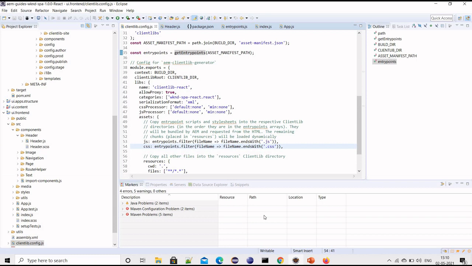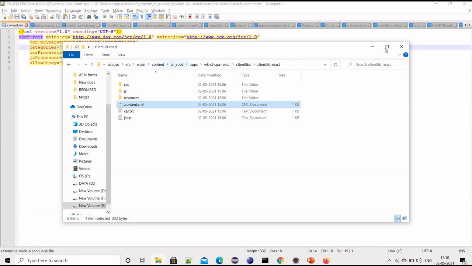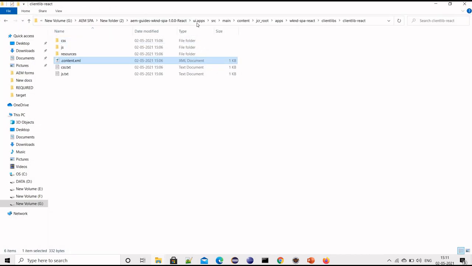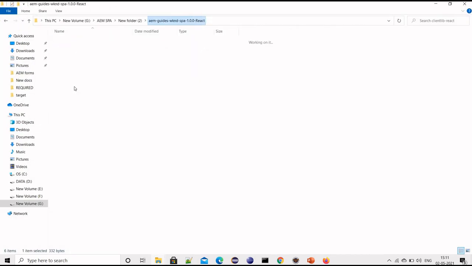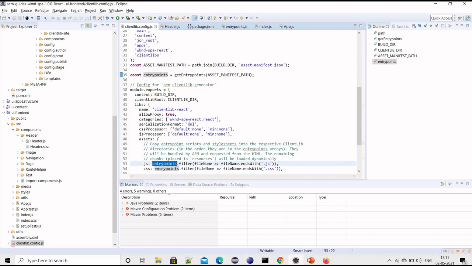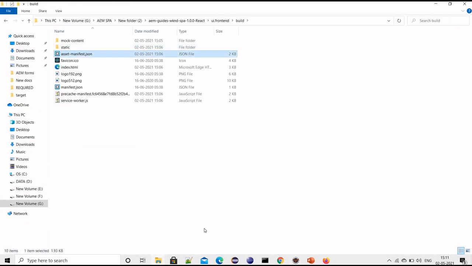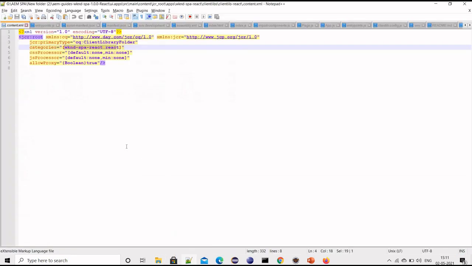And one more thing we can see now, since I was talking about the entry point. If we go to the ui.frontend module, this is the entry point I'm talking about. So this entry point was collecting the JS and CSS files from the asset manifest file. If we see that, the build folder is created, and this is the asset manifest JSON file.